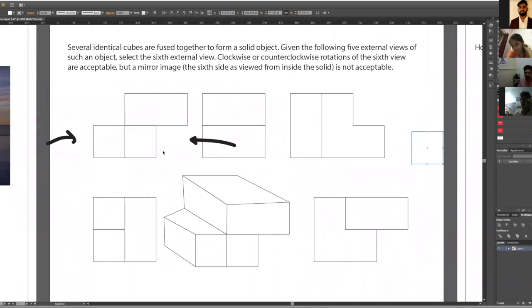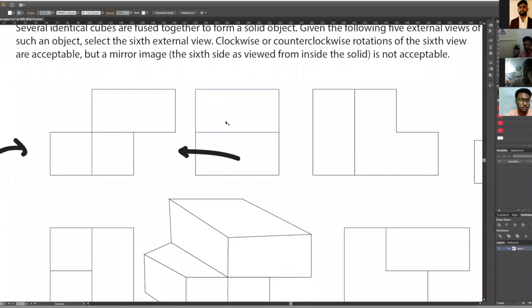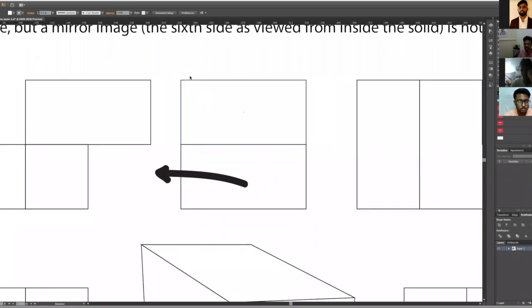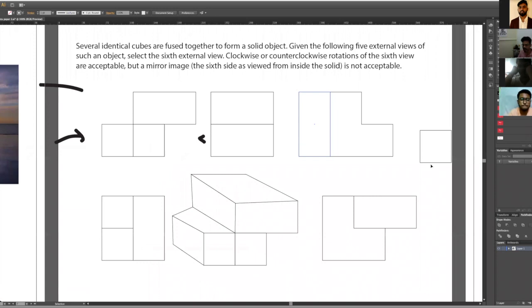Hello? Just someone say yes. Yes, sir, we can see that. Okay. It's a combination of two cubes here. That's why it is becoming a cuboid. Guys, don't look at it as a 2D image, just a 2D rectangle. Imagine this as a cuboid. It's an addition of two cubes. That's why it is becoming like that. So this sort of view will look like this from here or like this from here.